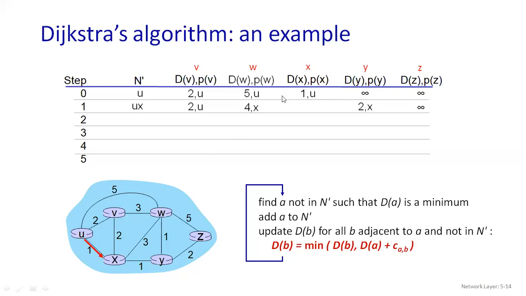Now, as it is X, I cannot go from X to X, so I will not write here. The next one is Y. Do you have the direct connectivity from X to Y? Yes, you have. But the source node is U, right? So from U to Y, the distance has to be calculated. How much is the distance now? 1 plus 1, it is 2. Do you have the connectivity from U to Y directly? No. Through which node is it connected, which is the previous node of your Y? That is your X. So I have written 2 comma X.